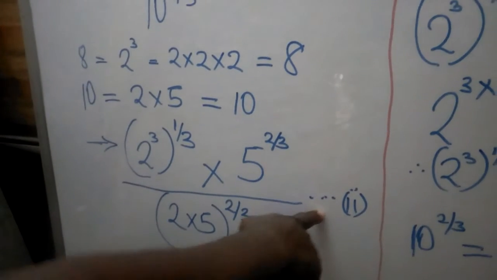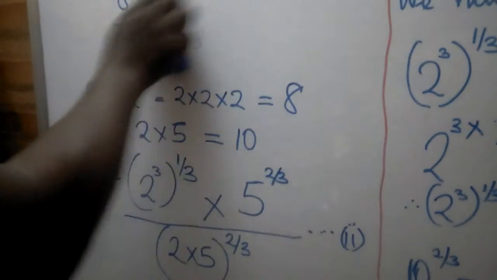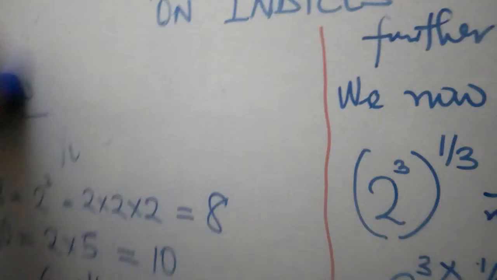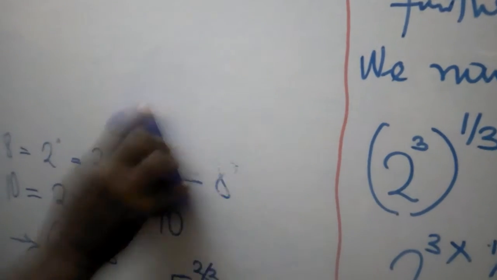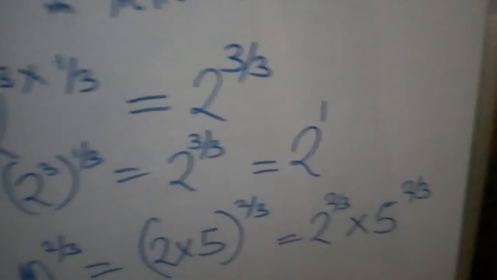Let us put it back into the original. Let's put it back into what we have in equation 2. You will have the following. If you put it back into what we have in equation 2, you will have this. You now have, you know that this will give you this. So you now have